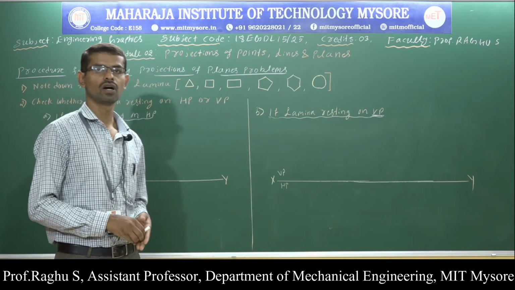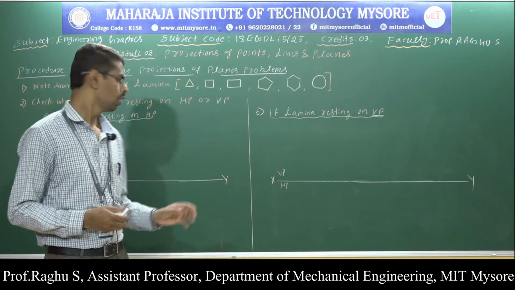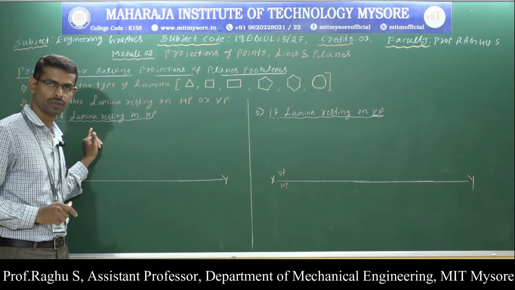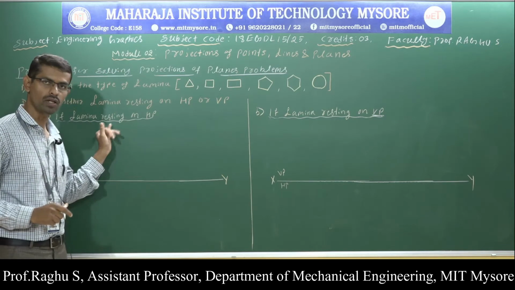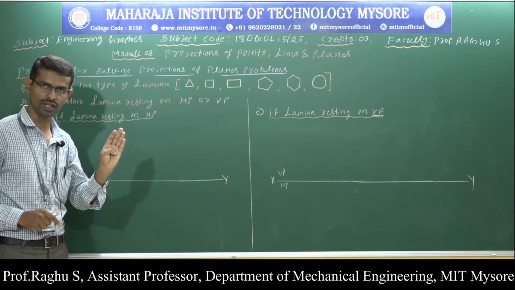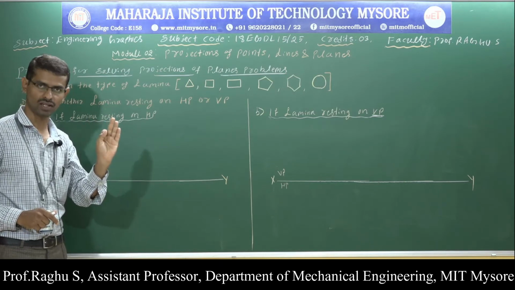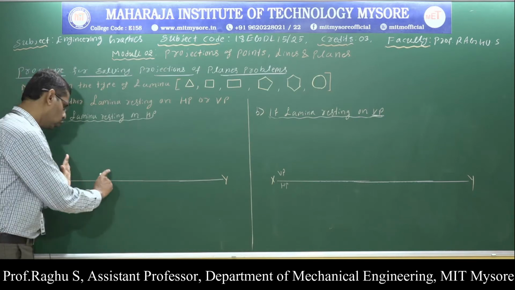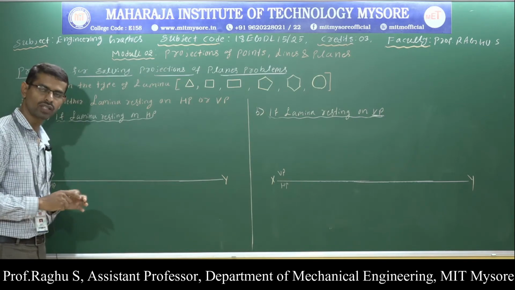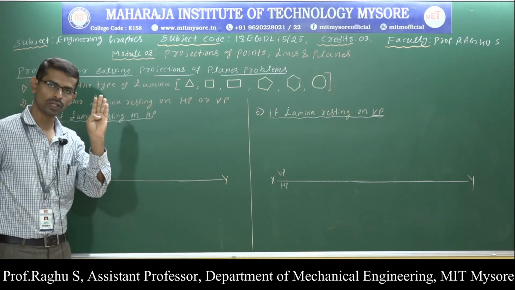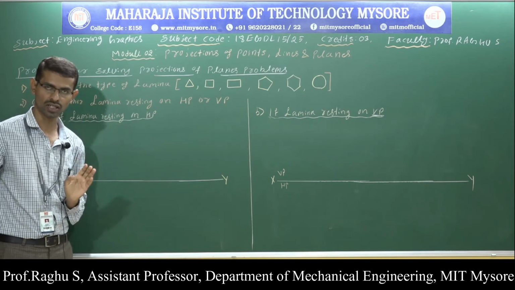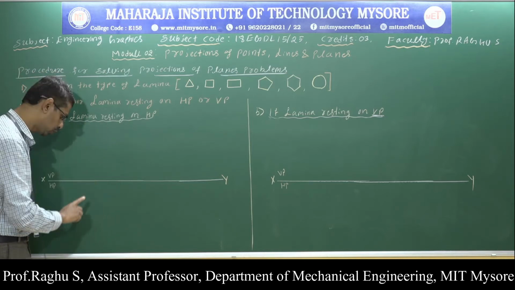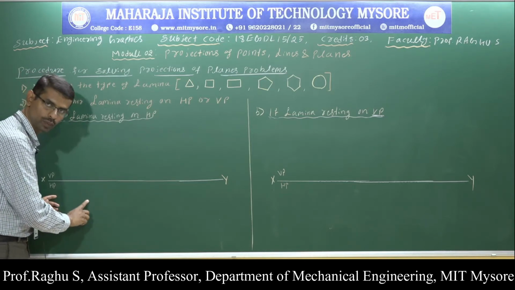Now let us discuss how to draw the different positions. Okay, here first one, when the lamina is resting on HP. First note down the edge or corner resting condition. Next, note down the lamina inclination. Next, note down the side or edge inclination. Now, to draw the first position, I need to know whether the lamina is resting on an edge or a corner. When the lamina is resting on HP, start the first position on HP.